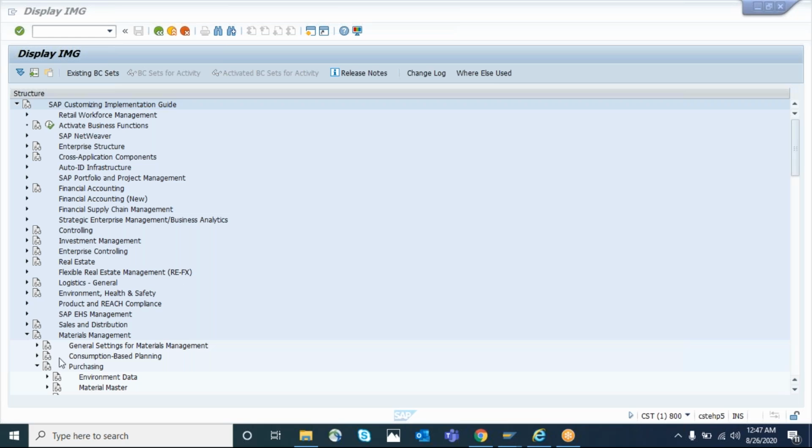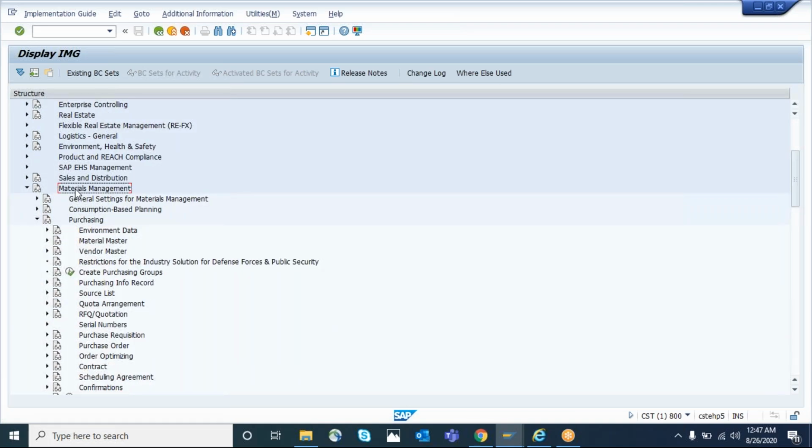Okay, let me show where the configuration I'm talking about is and what impact it has. We are going to check the configuration, and then we will do the testing to confirm that the behavior is because of this indicator. We are going to check the significance of that indicator in this video.